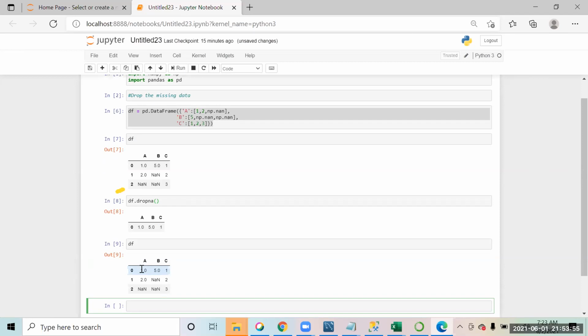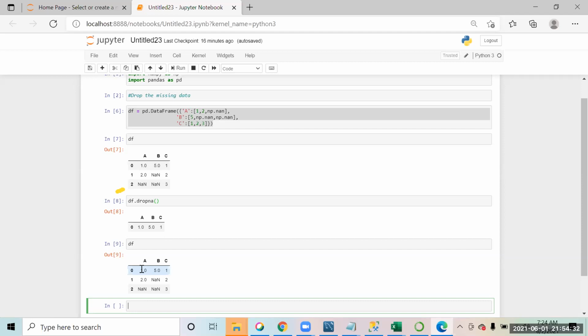So how can I make sure that the data gets permanently deleted? Remember we use one command, inplace equal to True, inplace equal to False.